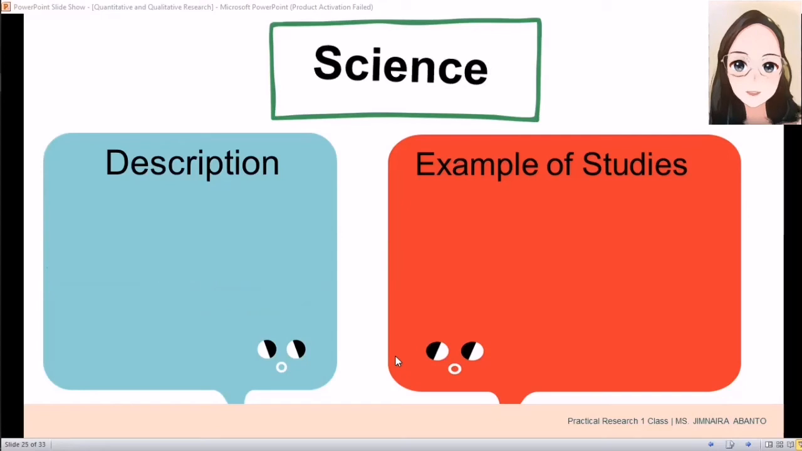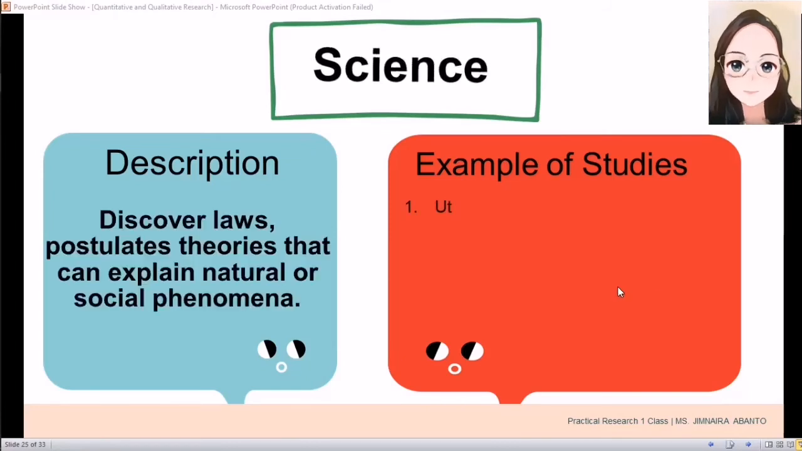Science research is designed to discover laws, postulate theories that can explain natural or social phenomena. In other words, science research builds scientific knowledge. Science research is performed by applying systematic and constructed scientific method to obtain, analyze, and interpret data. A strong and testable hypothesis is the fundamental part of the scientific research. So, for example,